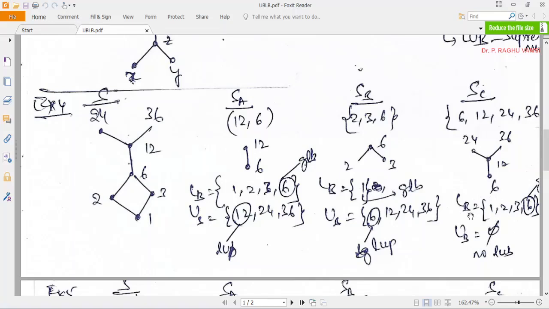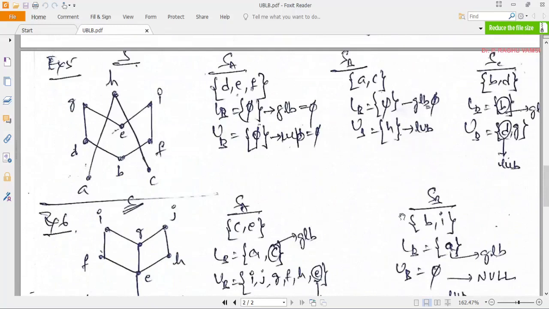Even though we got the lower bound, we don't get the upper bound because there is no common element to reach from 6. And also there is a common element, obviously 12 is there to reach from 6, and from 24 we cannot reach anything, and from 36 also we cannot reach anything because 24 and 36 cannot be compared since there is no edge. So here in the entire set, the maximum element is 36 itself. From 36, is there any other element to be reached? If you look in that direction also, it will be null.